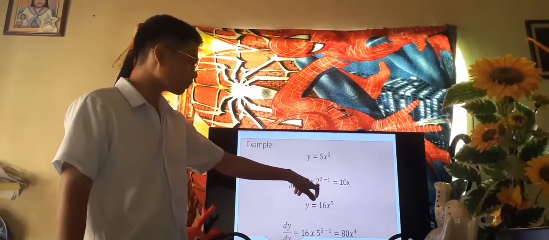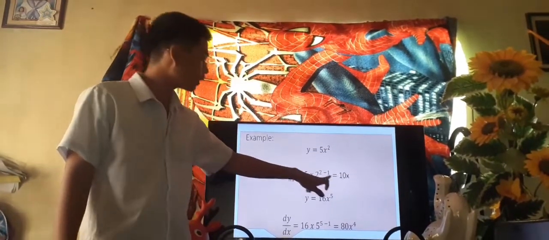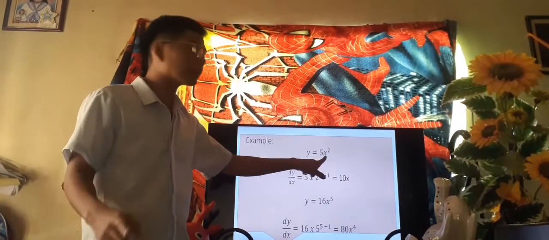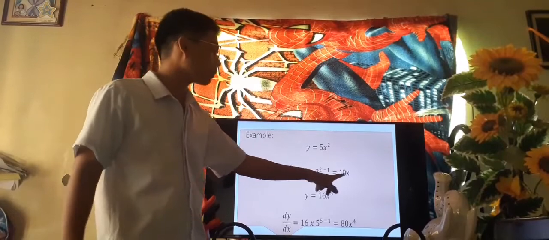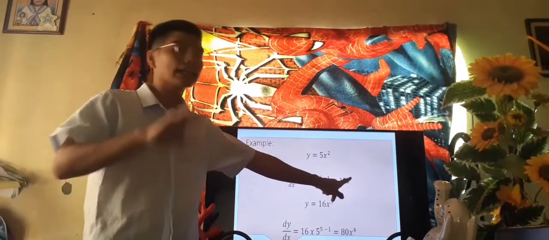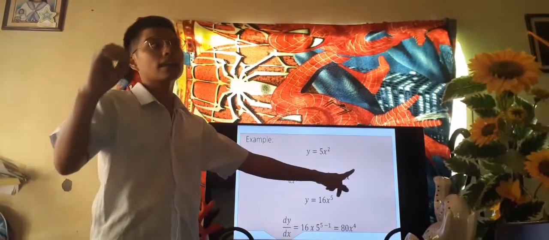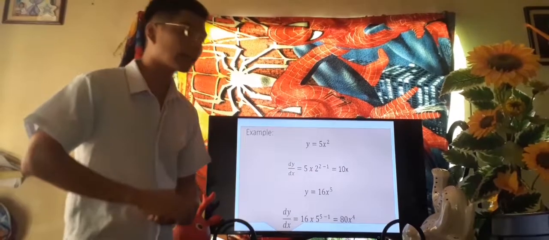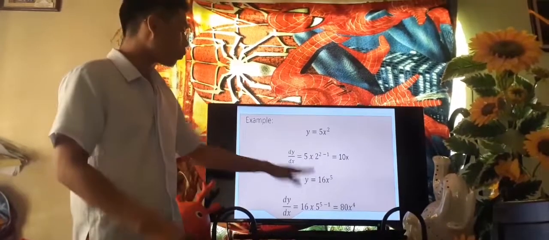5 times 2, so equals to 10. And then, 2 minus 1 equals to 1. So, copy lang natin yung kanyang variable. So, ang magiging sagot niya is 10x. So, bakit nga ba doon nawala ng ating exponent? Kasi sa math, if invisible, lagi ang 1. Okay? So, the next example is y equals